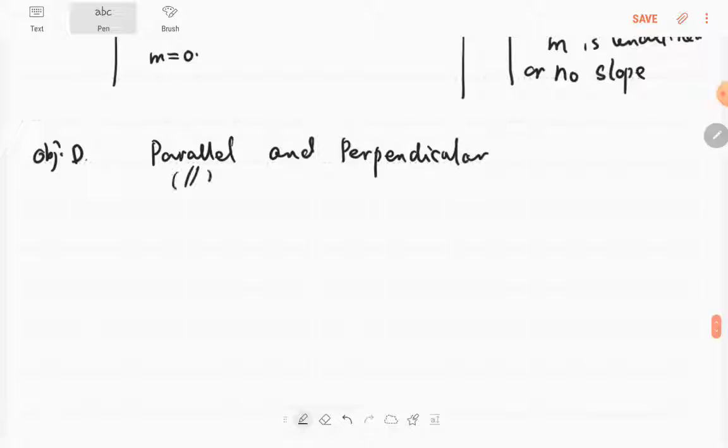Parallel or perpendicular to each other. How can we find if these two lines are parallel or perpendicular to each other? So we have this rule. If they have the same slope,